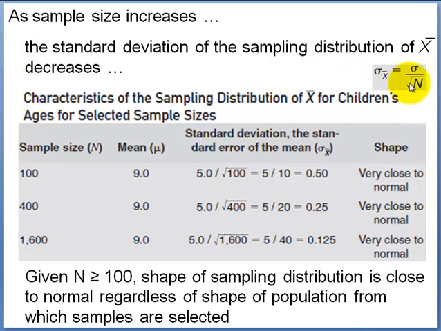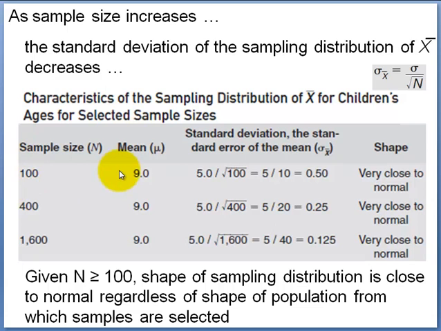Now, study of this formula tells us that as sample size, that is to say n, increases, the standard deviation of the sampling distribution will decrease. That's because the value of the denominator in the formula is getting larger and larger. So let's go ahead and figure out the characteristics of the sampling distribution of the mean for children's ages for some different sample sizes. So when sample size is 100,